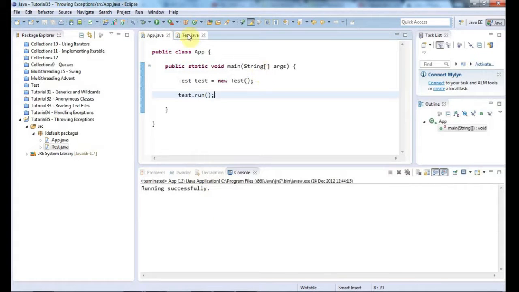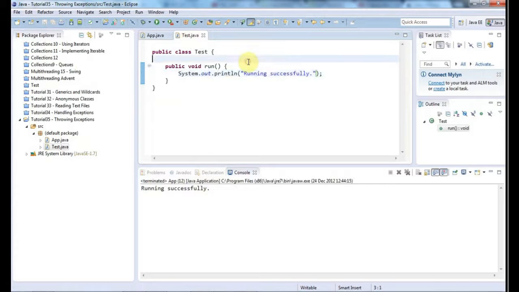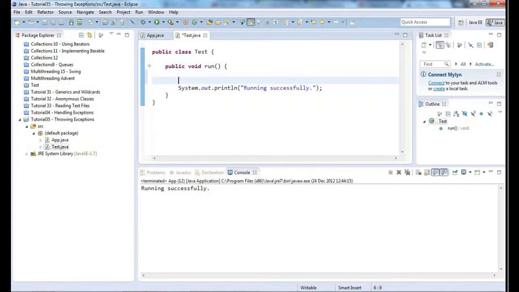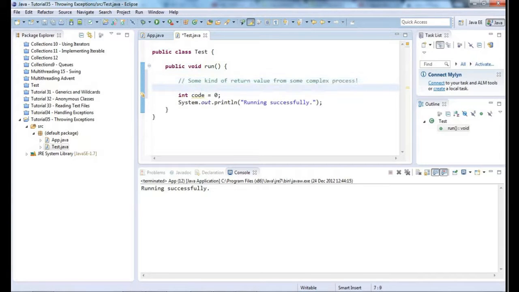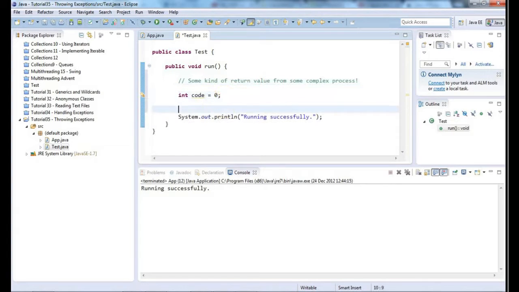There we go. Now let's suppose that run actually has to do something that could go wrong. So I don't know what, but let's imagine that it could go wrong somehow. So let's say int value equals 0, and let's imagine that this is some kind of, in fact let's not call it value, let's call it code, and let's imagine that this is some kind of return value from some complex process. And we'll imagine that 0 means success, so 0 equals success,